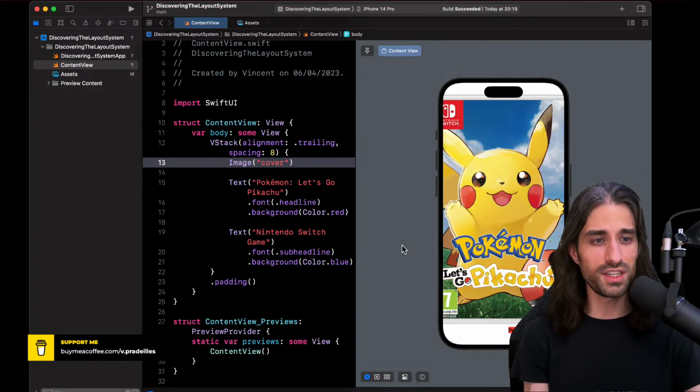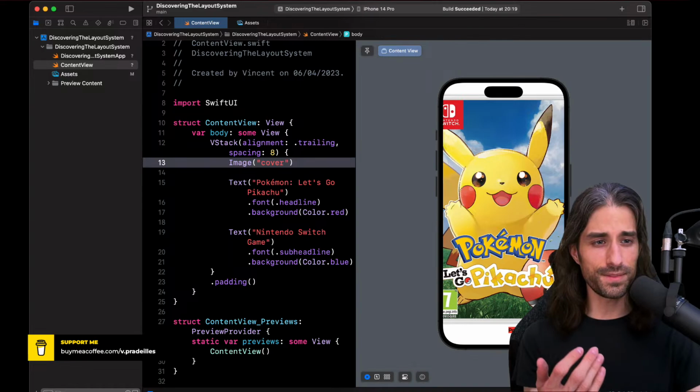So this is what's happening here actually. That's an interesting behavior because we can see that it has basically put some part of our text outside of the screen.